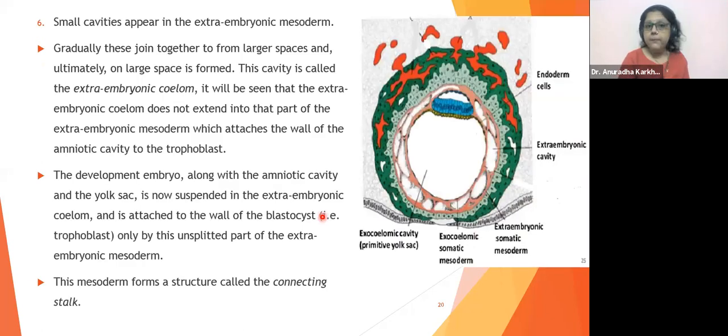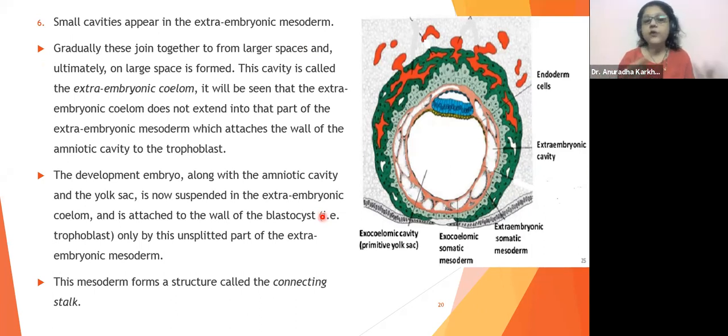The prochordal plate will decide one of the regions, that is the head region. If you can see my hands this way, these 4 fingers will make up the head region, the prochordal plate, and this end, पीछे वाला, will make up the tail region. Okay, so in this way there is going to be an axis created from one end to the other end. Now what happens in that axis is something that we have to understand.